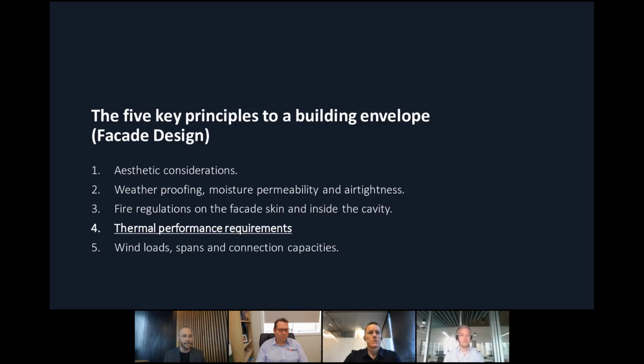But what we began to learn more and more about is that it's actually the componentry that sits in behind that Click-on Cladding or rain screen product that's hypercritical. It's super critical to making sure you're designing a building that's performing well, it's energy efficient, it's durable, and it meets engineering compliance as well. So there are 5 key principles to building envelope design: aesthetic considerations, weatherproofing, fire regulations, thermal performance, which is what we're discussing today, and then all of the wind